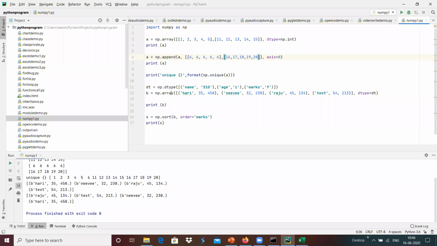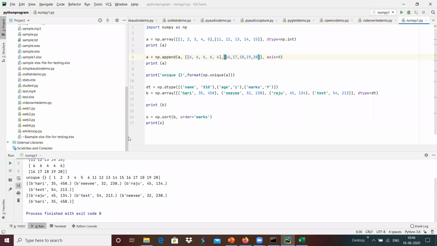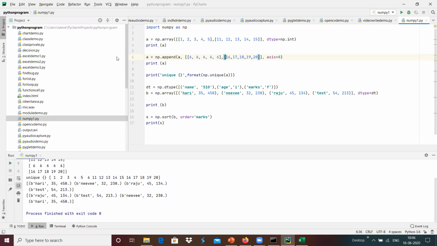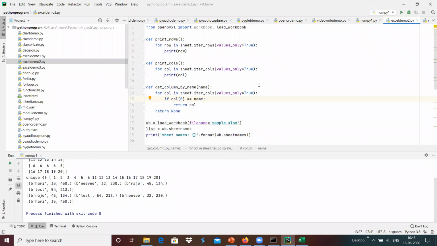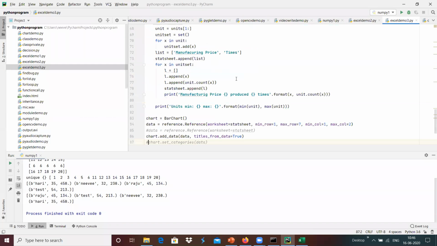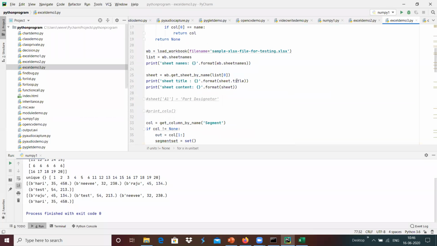I'm going to load this over here, the demo 2 example. I think this is the file.